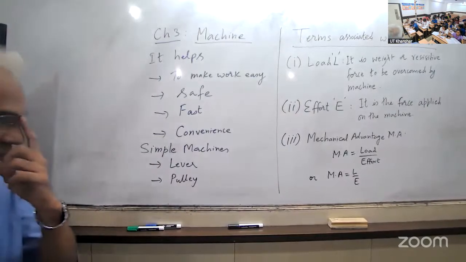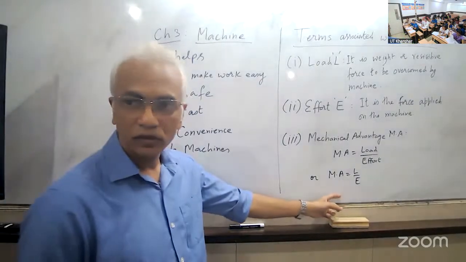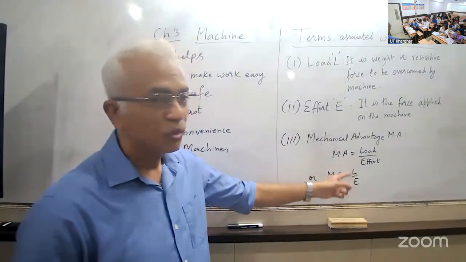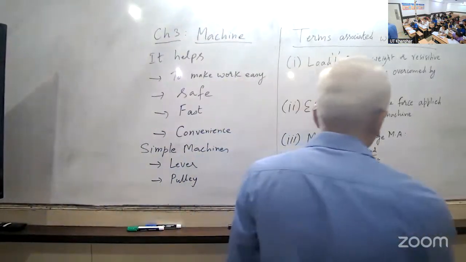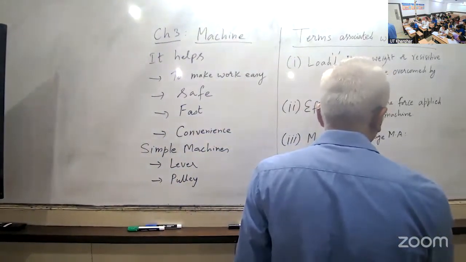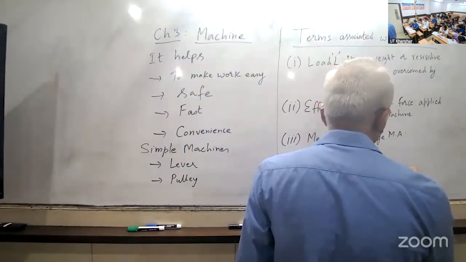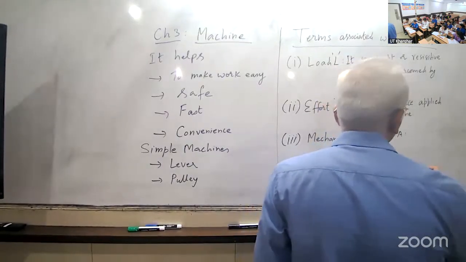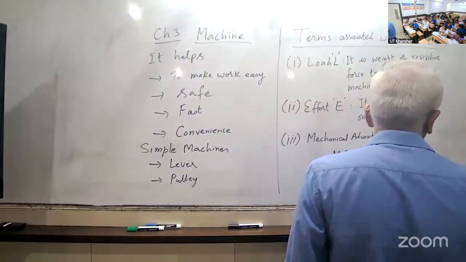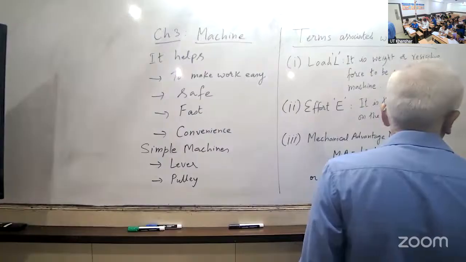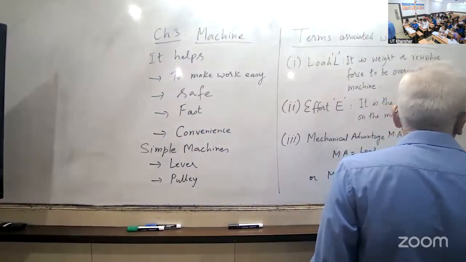So what could be the value of load upon effort? If load is more than effort, then the ratio will be greater than 1, right? So we have three different types of machines possible: mechanical advantage greater than 1, mechanical advantage less than 1,